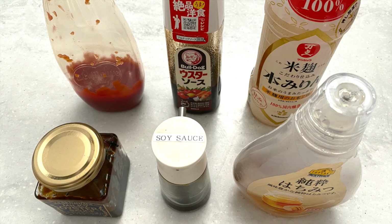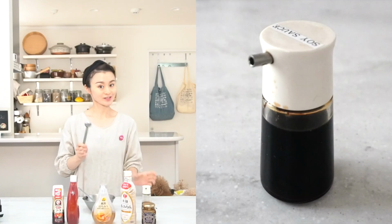Okay, let's get started. Here are the ingredients. The ingredients to make okonomiyaki sauce is very simple. So we use oyster sauce, ketchup, honey, mirin, soy sauce. Okay, let's start. We add oyster sauce,